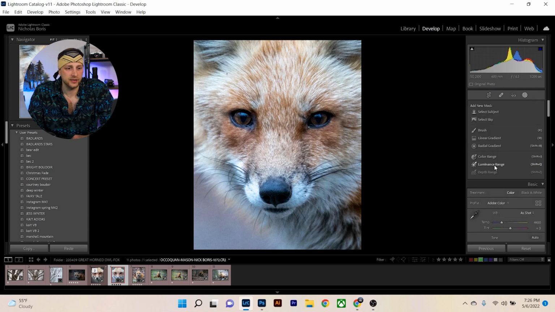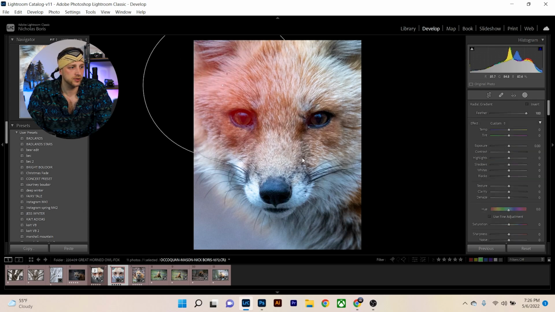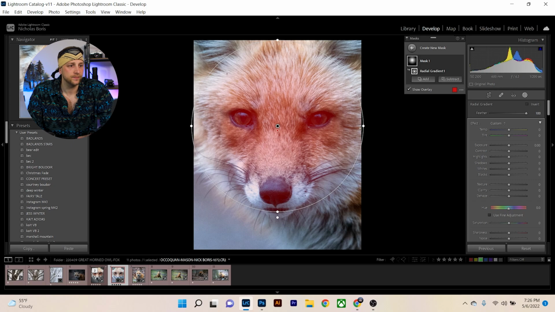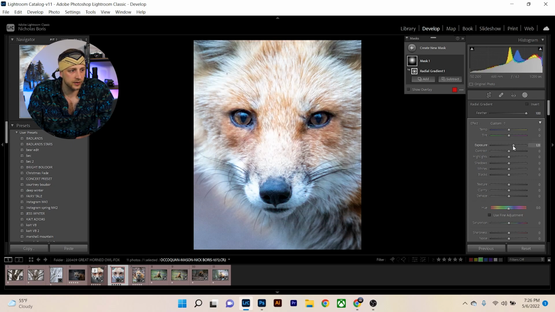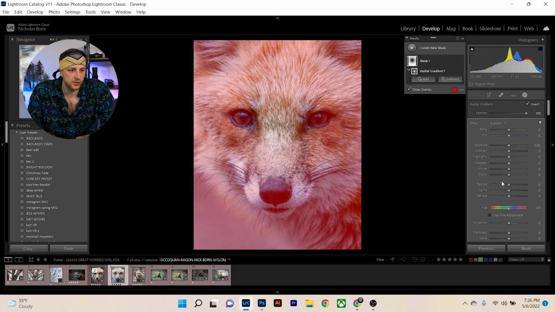And this is going to be just a radial mask. So go ahead and draw your circle. Put it over the fox's face here. And then go ahead, and what I like to do is just play with the exposure. Okay, so we got to invert it, reset your exposure, and then I like to decrease my contrast, increase my